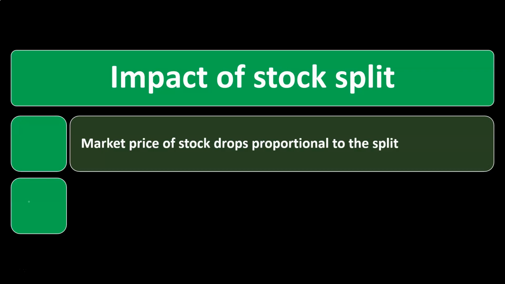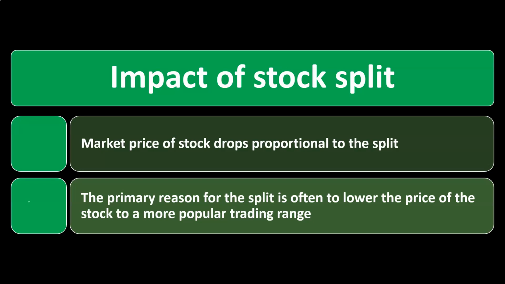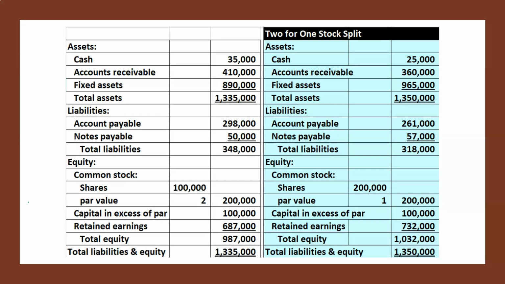And so if you double the number of shares, you would expect the market, although we don't have control over it, but if it's taking the information as you would think it would and has everything else equal, it would then halve the price of the shares, which is typically what we would expect to happen. The primary reason for the split is often to lower the price of the stock to a more popular trading range. So note that you might see the stock go down to that sweet level that maybe is more popular, and if it was, then maybe it could even increase a little bit from there after the split, due to the fact that that's the point of the split. You're making it a more liquid area there in the price range,